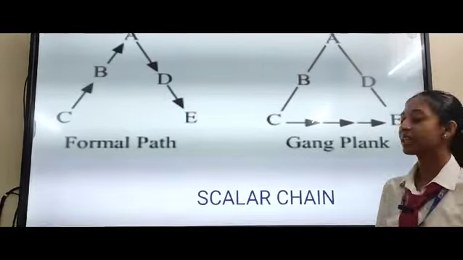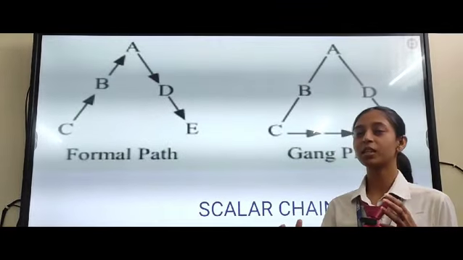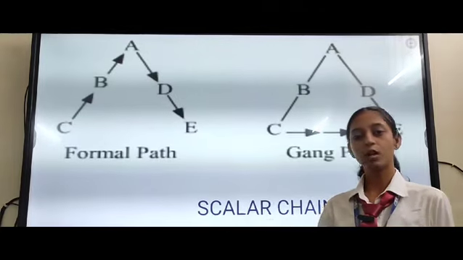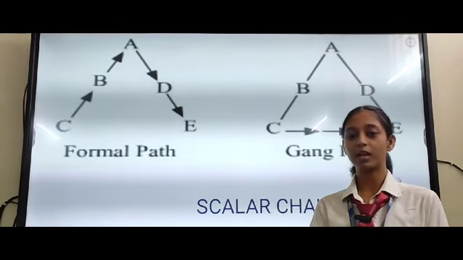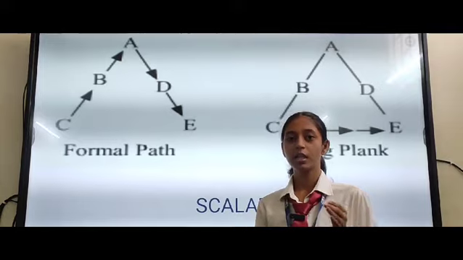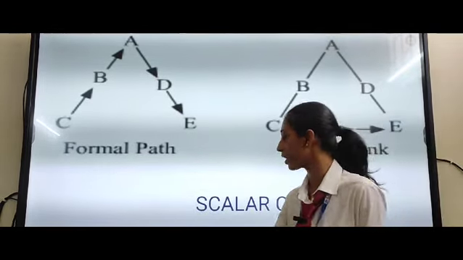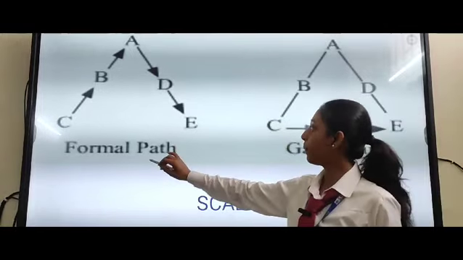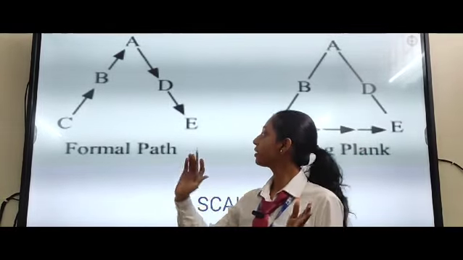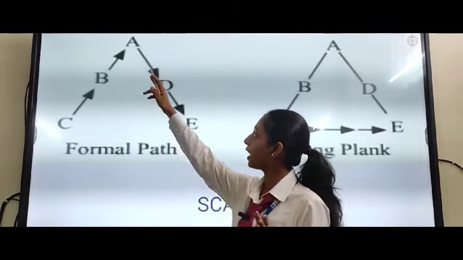So now comes scalar chain. Scalar chain is something about who reports to whom. You come into the class and you report in class so that your attendance is marked. It is a formal communication. It is a formal way of communicating or reporting. So here is the formal path. The management has derived that the formal path will go